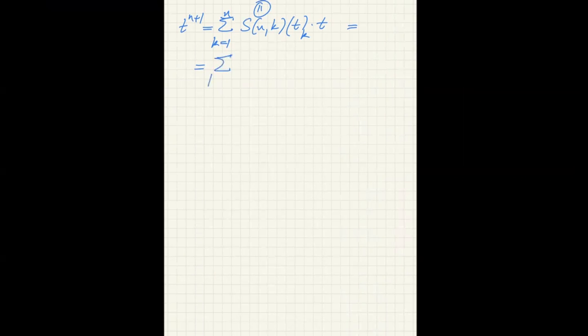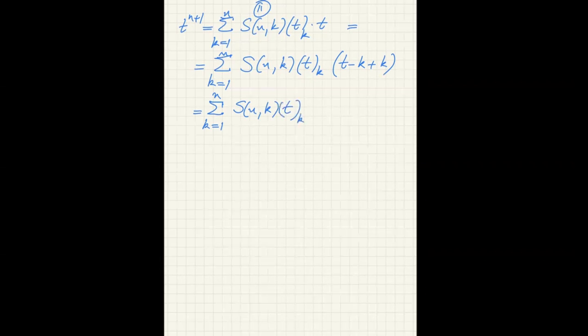You write it, summation of k equals 1 to n, S(n,k) t falling factorial k, and we write our t as t minus k plus k. Because t minus k merges very well into this product of t falling factorial k. And what do we get? We get summation from k equals 1 to n, S(n,k), t falling factorial k times t minus k,